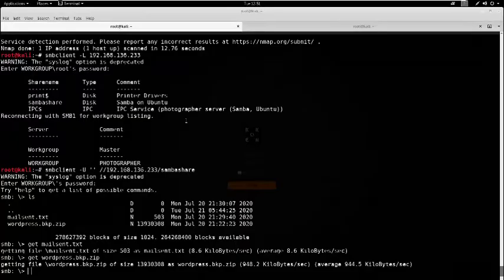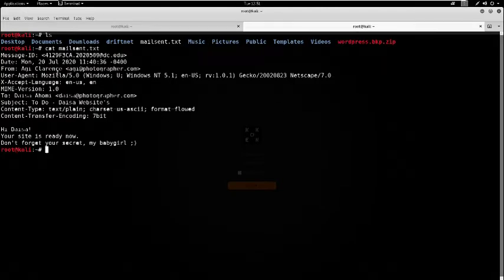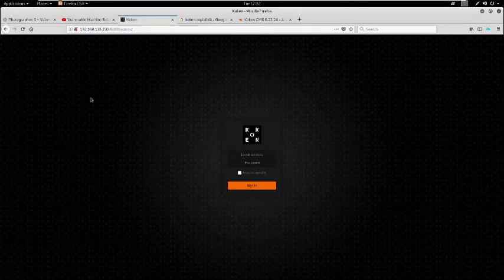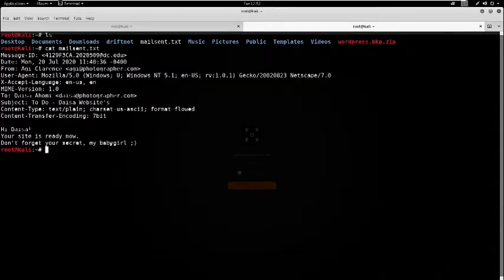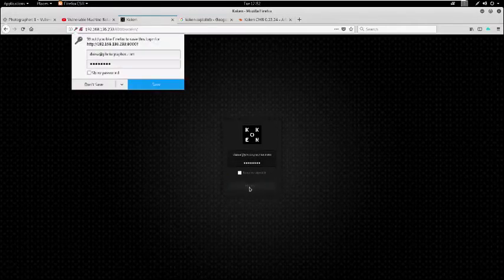So I put in the mail address which I received in this mail, and the password I'm using this one. So by luck this password will work. So as I can see, sign in.